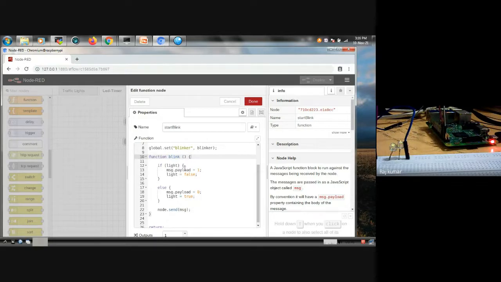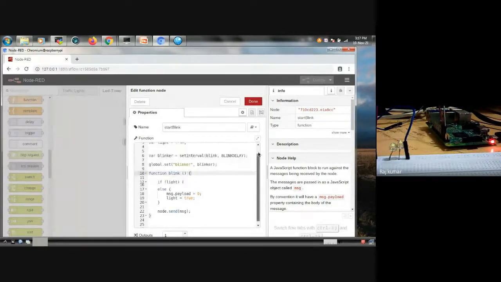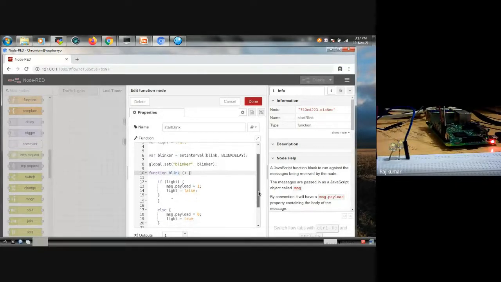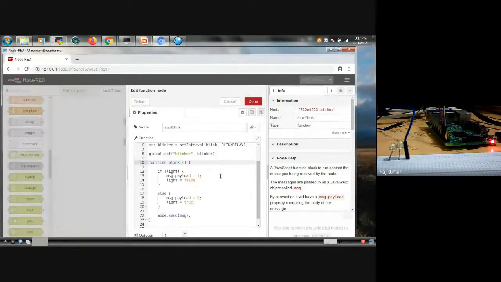So here is the function definition for blink. If light, then the message payload must be 1 and light is equal to false. Else, by default the value will be 0, it will be set to 1, and in the beginning we have given light is equal to true. So when this method brings some value, suppose the LED is glowing, then it will be true.